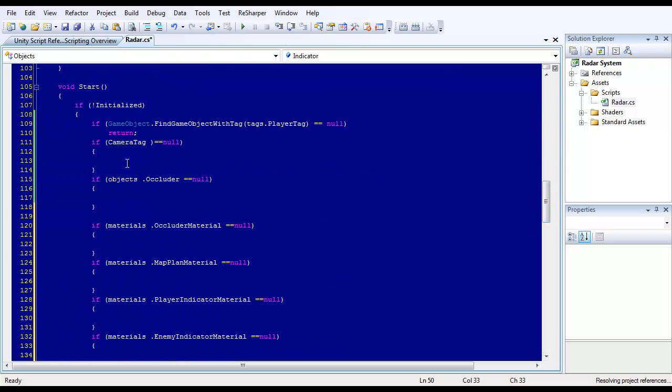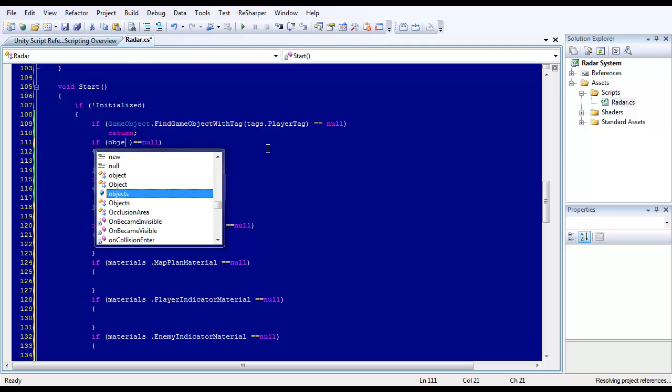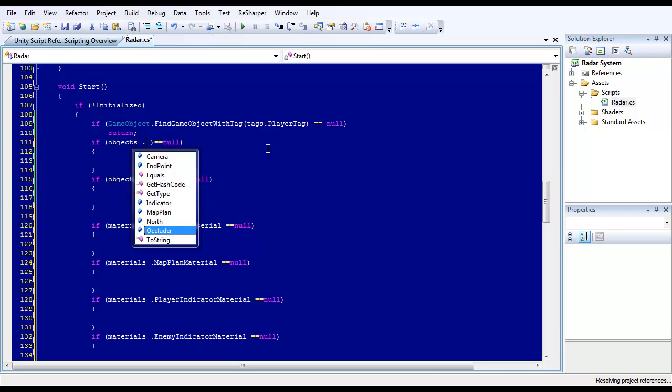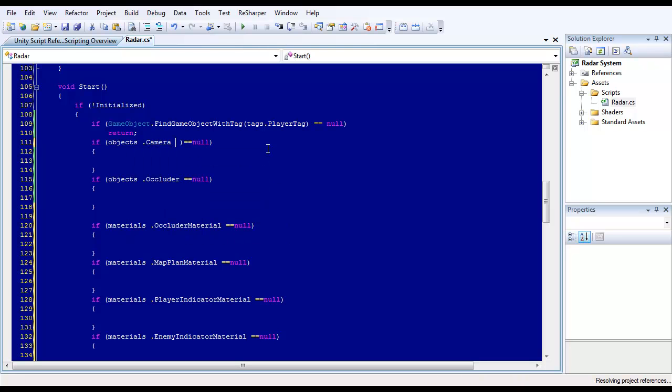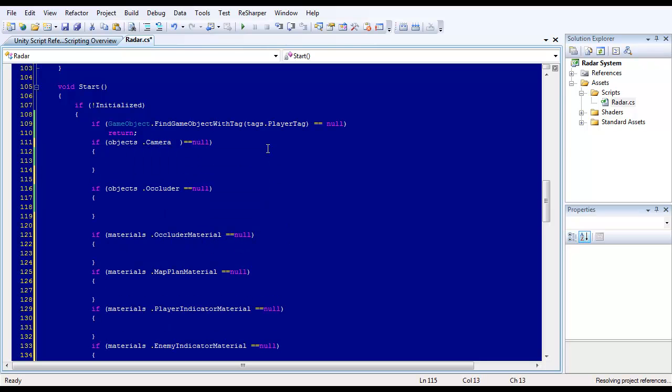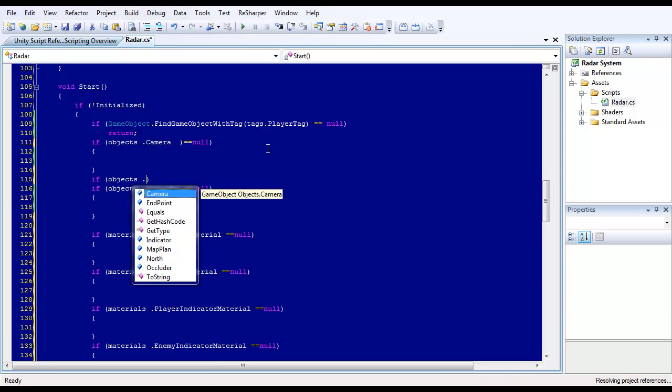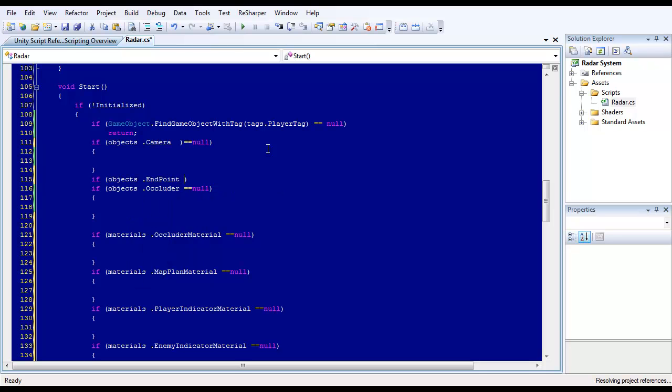Okay, so here is this. If we say objects dot camera equals null, and if objects dot endpoint equals null,